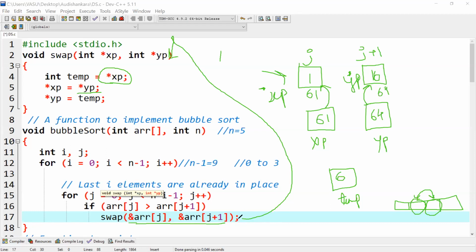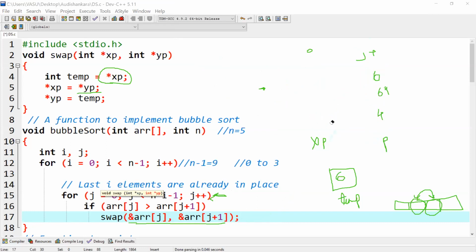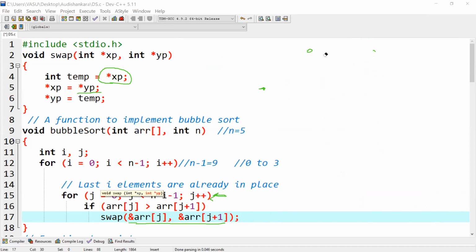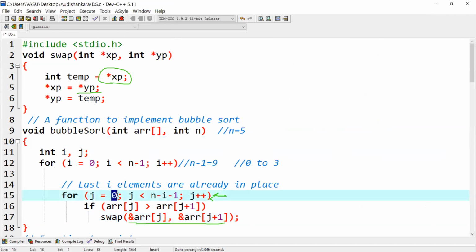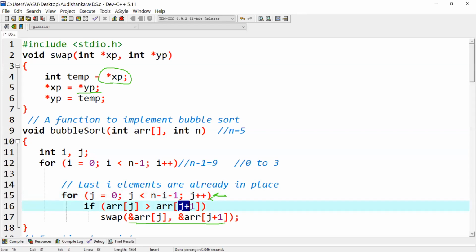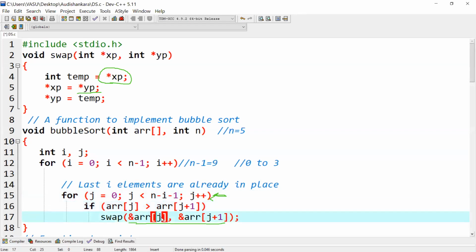Okay, now once we are done with this swapping, we will again go to this position, at this for loop. We will not go to the outer for loop, we'll go to the inner for loop only. That will complete first. Now j will be incrementing to 1, right? This j was 0. Now it will go and become 1. It is incrementing with the help of this. Now here I can write 1. This is 1 plus 1, that is 2. So here also swapping of other numbers is happening.